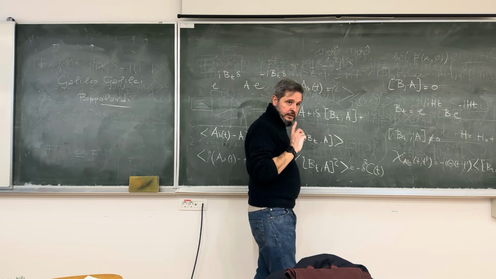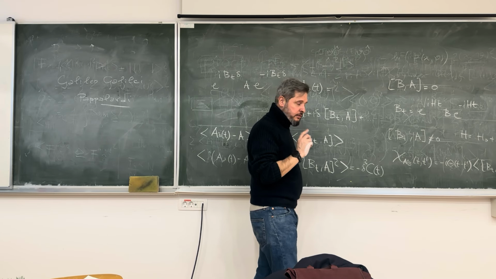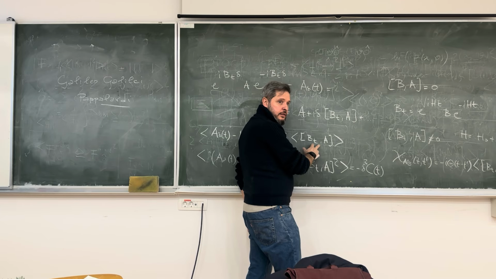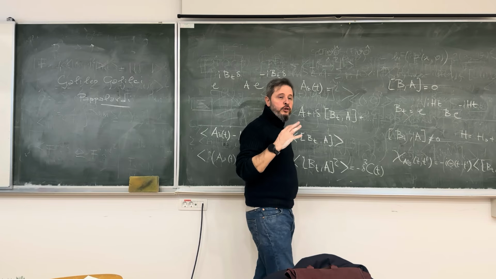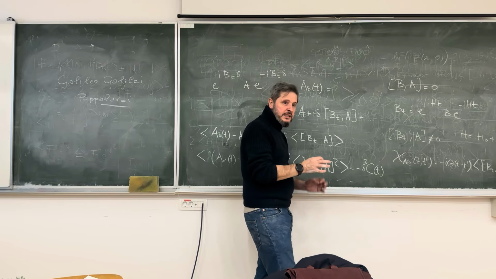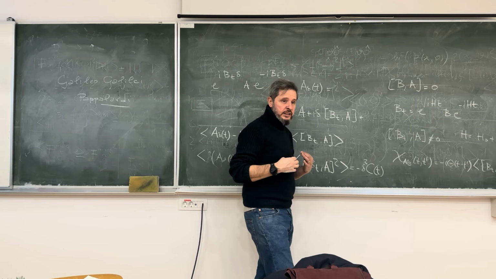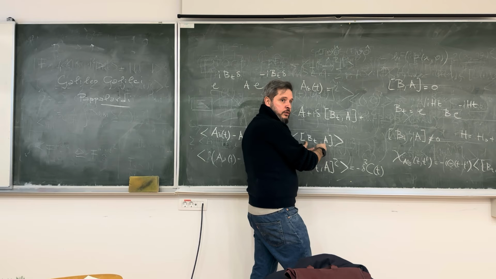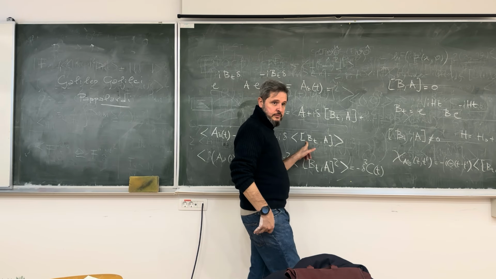While, and this is the statement, you will not see anything if you don't take the square. This is interesting, right? Four-point correlation functions of this complicated sort will see, in intermediate time, structure that is beyond ETH, while two-point correlations will not see anything. So this is my statement.